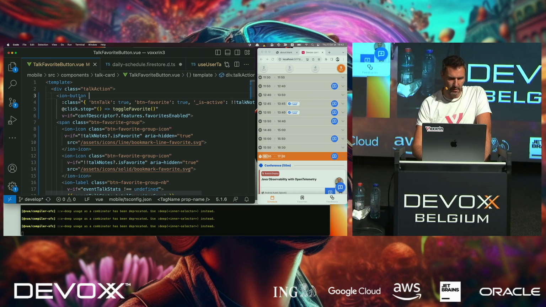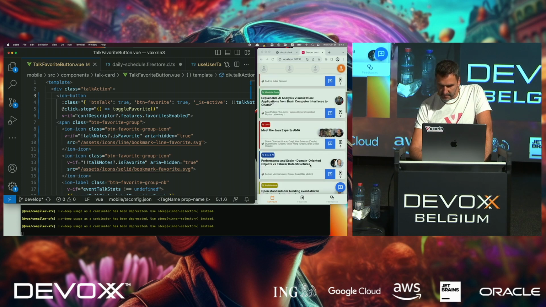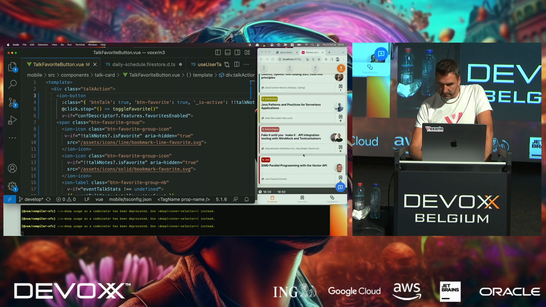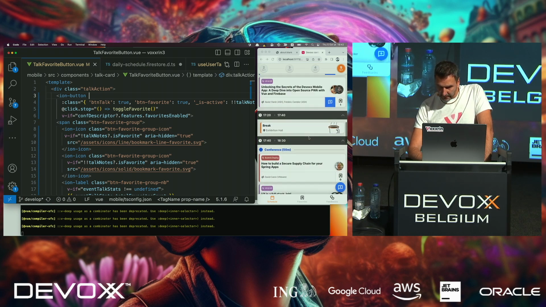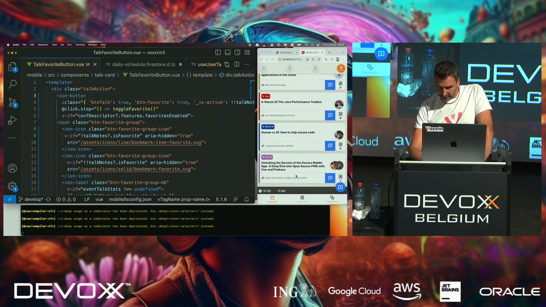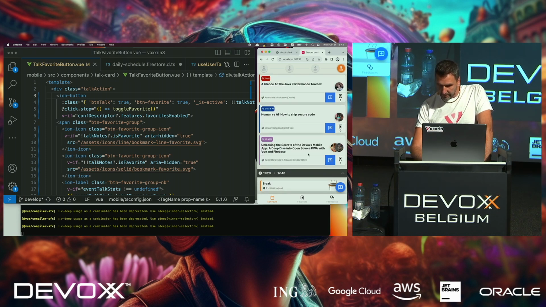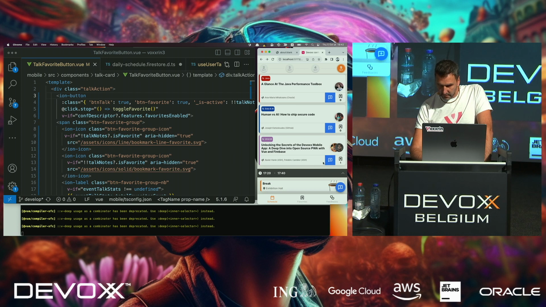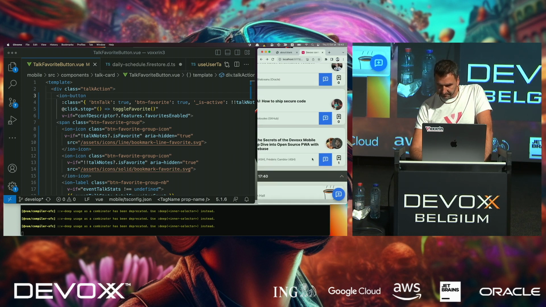So here we've got an Ion button. This is the talk favorite button. So this is the button behind. Yes, over here. So this is the button for that. It's just a bit flaky. Okay, so this is the button that we've got here, and we have an Ionic button, and inside we've got